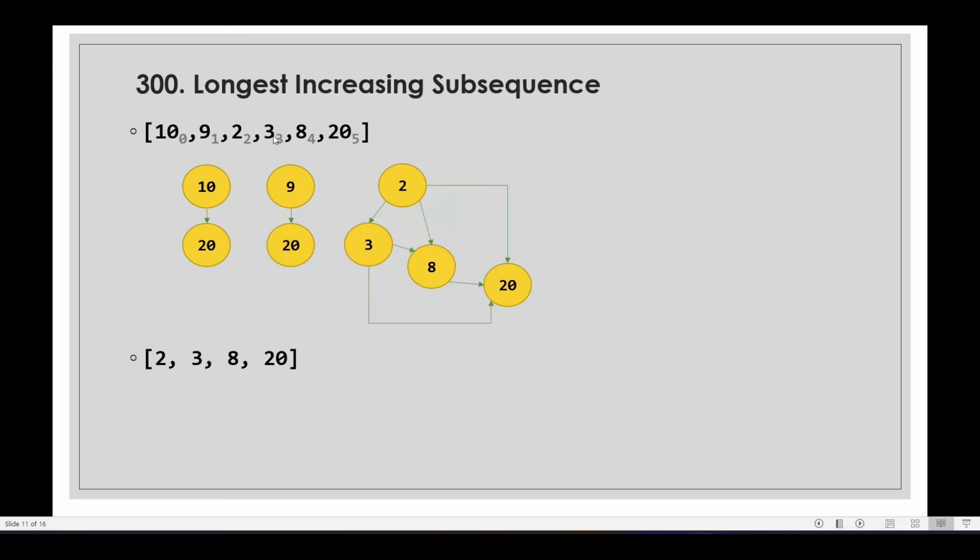3 now becomes the new target. We scan to the right of 3. 8 is greater than 3. We add 1 to that 2. We get a length of 3. So our new max length is now going to be 3. And now 8 is also going to be the new target. We scan to the right of 8. And we see that 20 is greater than 8. And we add 1 to that 3. We're going to get a max of 4. And so the algorithm will proceed this way,